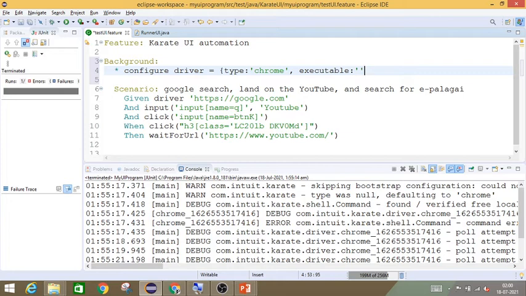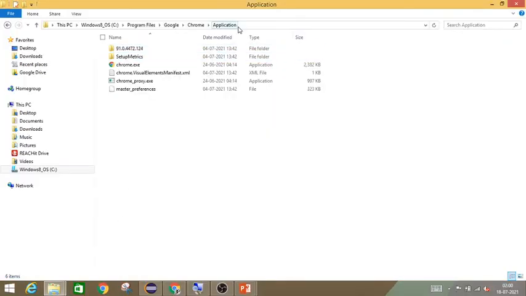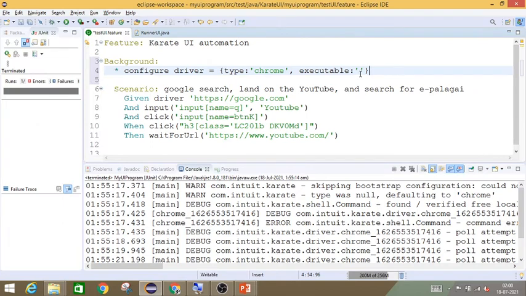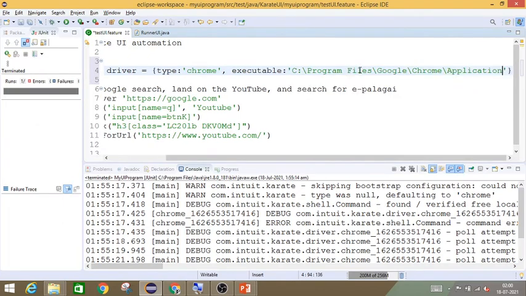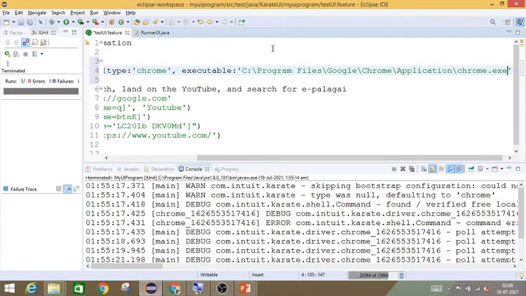We will give the exact path where it is. This is the path where Chrome is available. So give the complete path, slash chrome.exe.